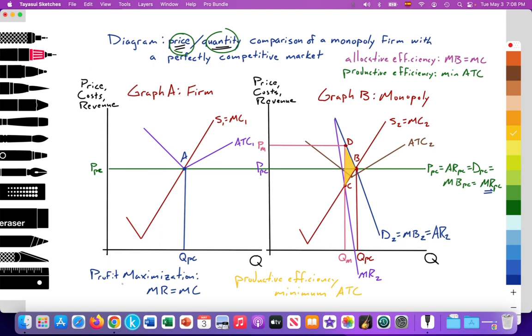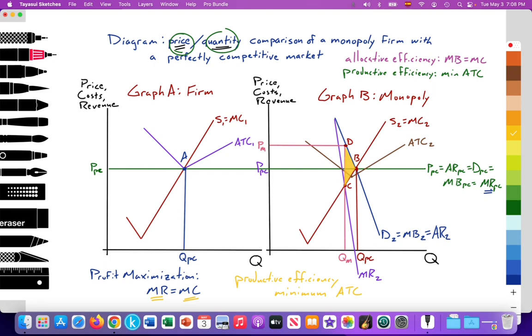Assuming the objective of profit maximization, the individual firm will produce where MR equals MC at point A, setting output at quantity PC. Okay. Now moving on to the monopolist, we have the upward sloping supply curve, S2 equals to